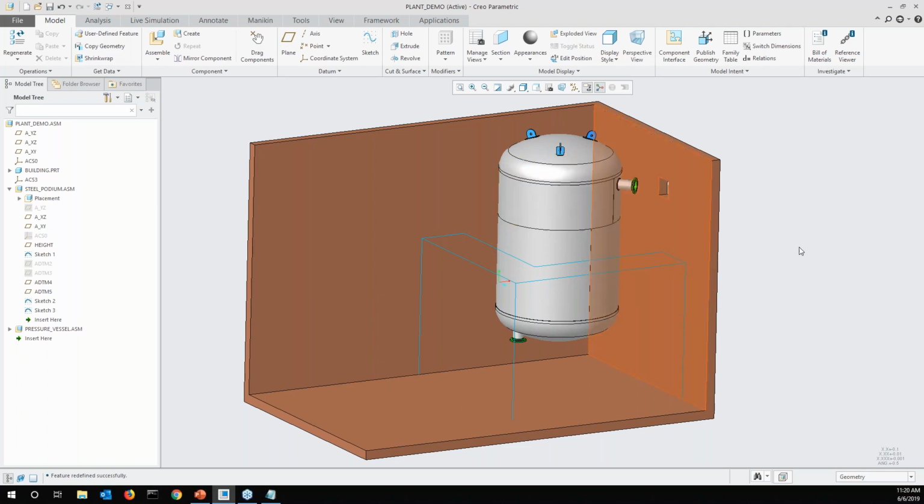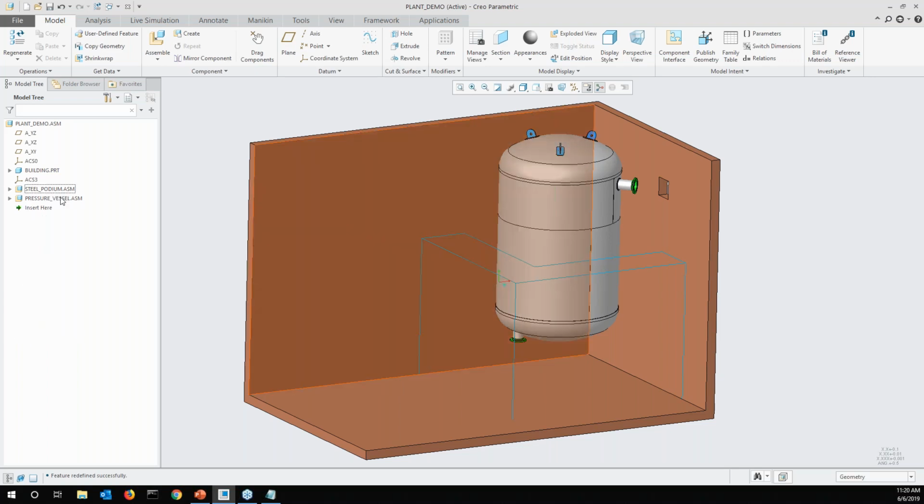We have an environment that looks like a plant assembly, where you have a pressure vessel in the middle, and the intent is for the designer to build a structure around it, either to ensure the safety of any operators, or as a second level structure for operators to access different parts of the vessel. So here, our task is to create that framework within this steel podium